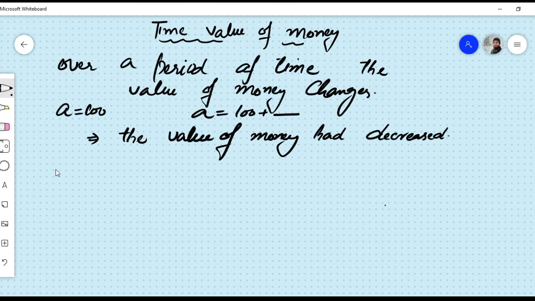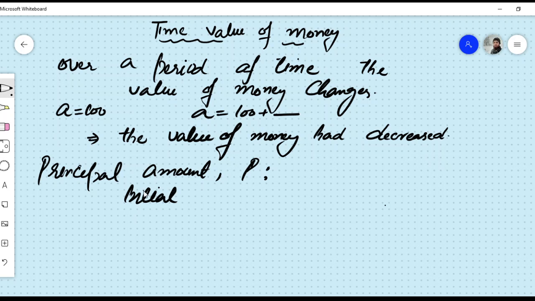Now we come to a definition: principal amount, which is denoted by P, and this amount is the initial value of money which we either borrow or deposit. So the initial value of money is the principal amount, and the next term is interest,